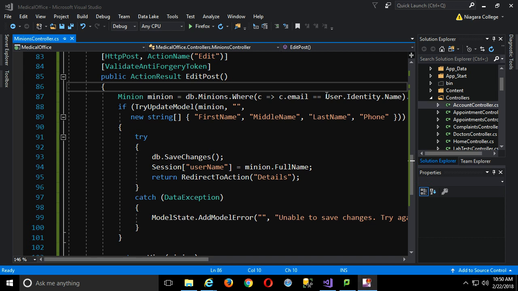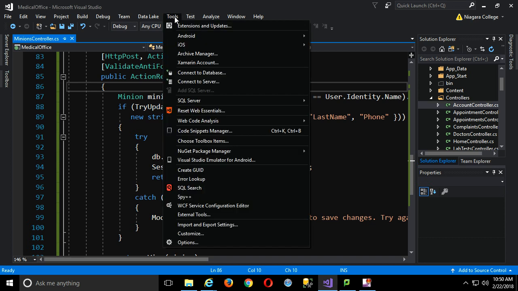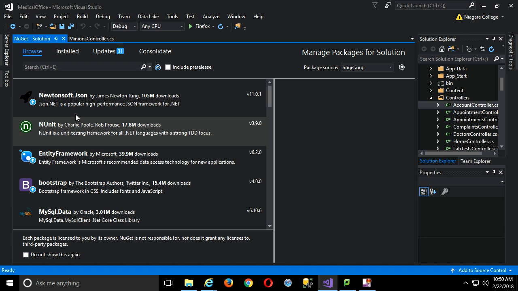The fact that not all browsers have a built-in date picker for a date data type is easily handled. If we want to use a bit of Bootstrap, it makes it very, very easy for us. And since we have Bootstrap here already, if I go under Tools, down to NuGet Package Manager, I could just do an install package, but I just want to show you Manage NuGet Packages for Solution, right? So I can browse,